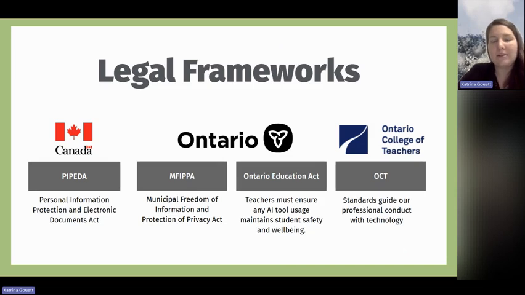Act. So this federal legislation is particularly important because it governs how private sector organizations, including the technology companies we work with, handle personal information. So when we use something like Microsoft Copilot or any other digital platform, PIPEDA requires these companies to obtain meaningful consent for collecting personal information, limit their collection to what's necessary, and protect that information with appropriate security measures. So that's why we really have to carefully review the privacy policies and terms of service for any digital tool